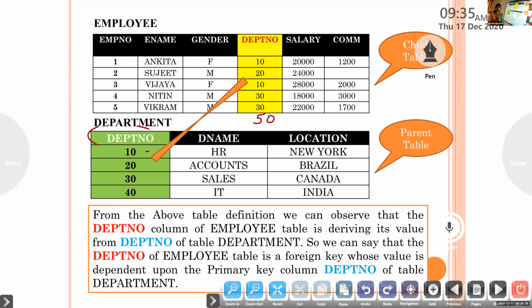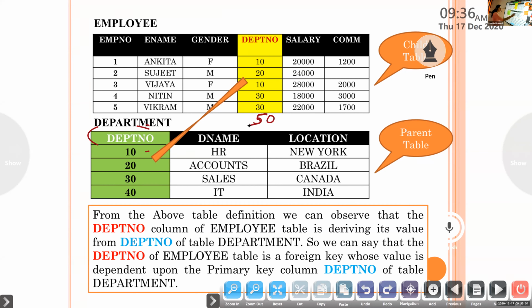If your application software allows you to enter 50, the database tables will become inconsistent. So in order to remove inconsistency, we use this kind of foreign key and primary key relationship. That means you can't write 50 here because there is no 50 entry here.